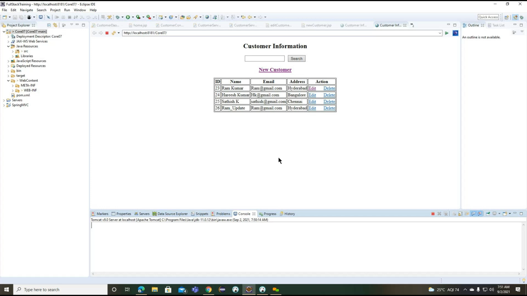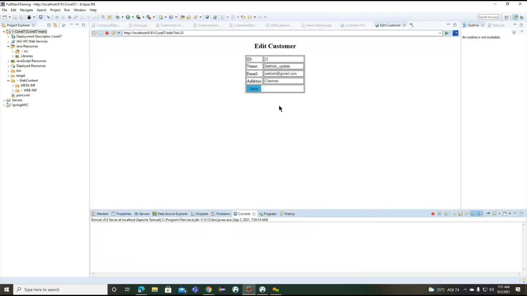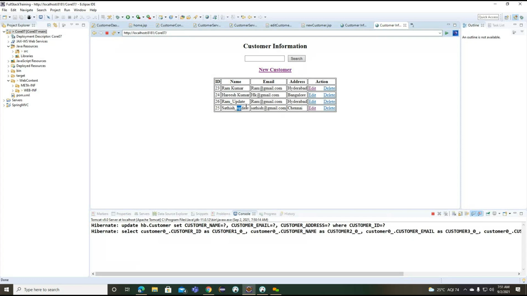So now you can see, now what I want to write here, I want to update the 25th record here and here. So Chennai, something here. Let me save here. Now you can observe here. So it is updated only. We are not seeing any new record here. Getting the point. So whatever the 25th record we had previously, the 25th record is updated here. So this is the way we can update the particular object here.